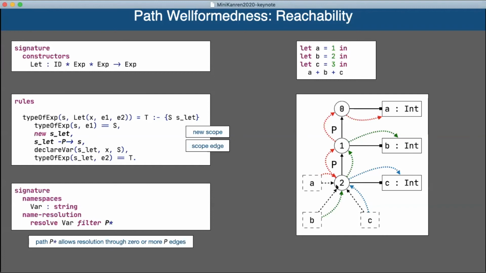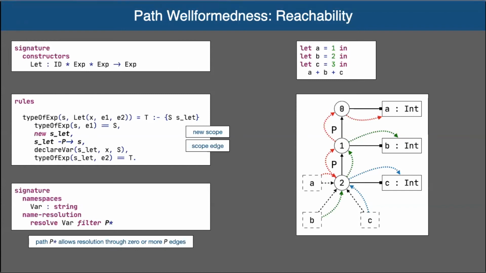So I've said there's an edge from scope 2 to scope 1, and that means when I'm doing a query from B, I can follow this edge to find a declaration over here, and that is the notion of lexical scope that we're encoding here. But in a bit, we will see that we can encode other kinds of scoping. So module scopes using the same mechanism. Does that answer the question, Andy?